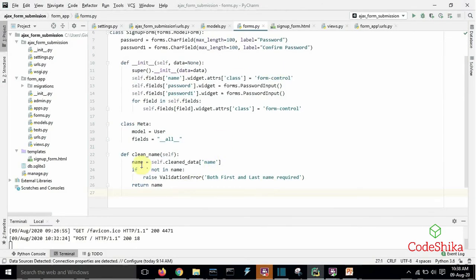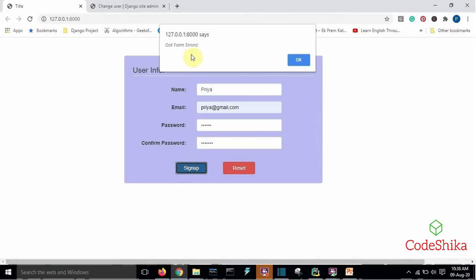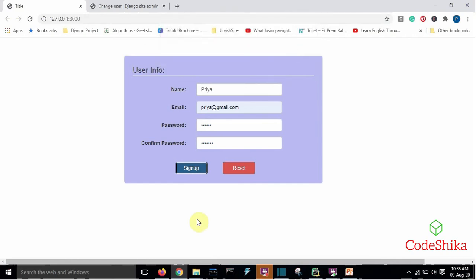Now pass only the first name, click sign up. It is showing the message got form errors. That is, when the form is invalid, we can show the form with errors by replacing this form using Ajax. That is form validation using Ajax, and we will see this part in the next tutorials.